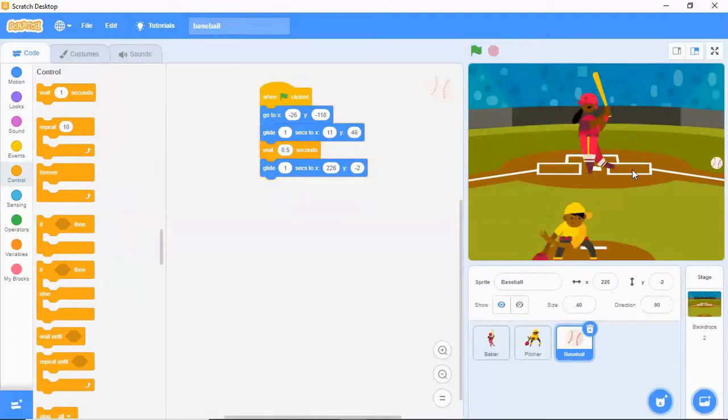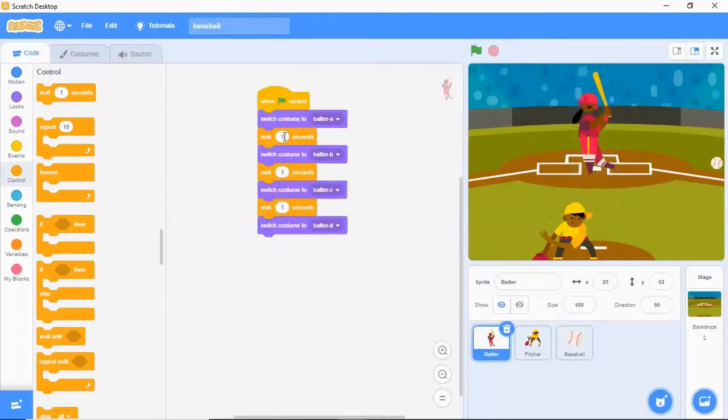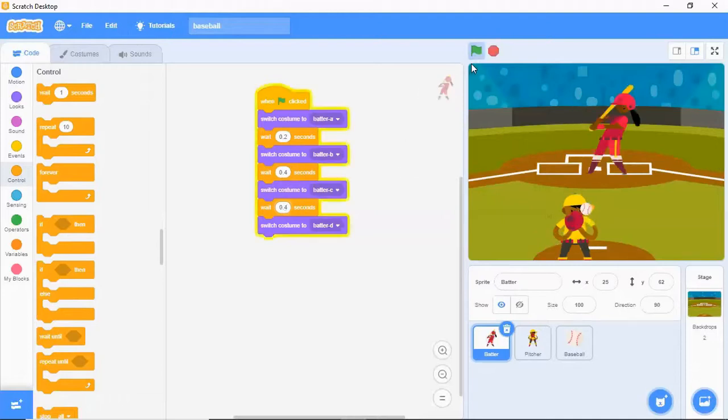So here we need to adjust the wait time of the batter. Instead of 1, I will just reduce the time so that the action is proper. After you do 3 or 4 projects, you'll get to know how much the wait time should be. Let's see whether the wait time is okay.